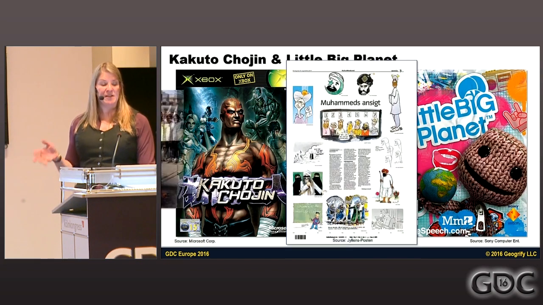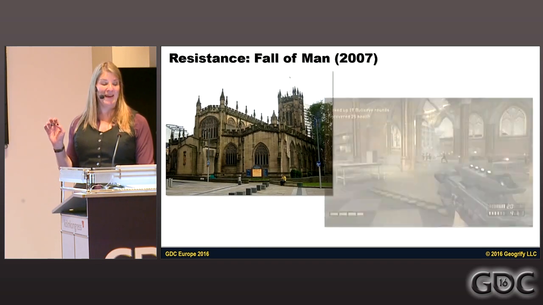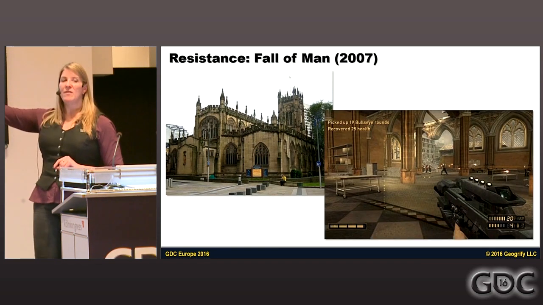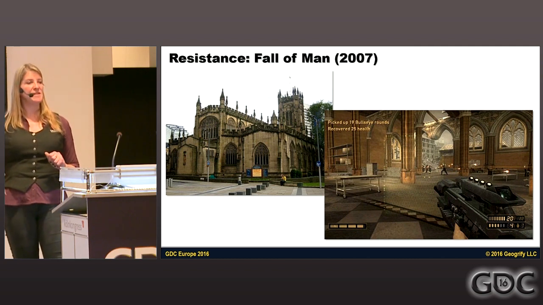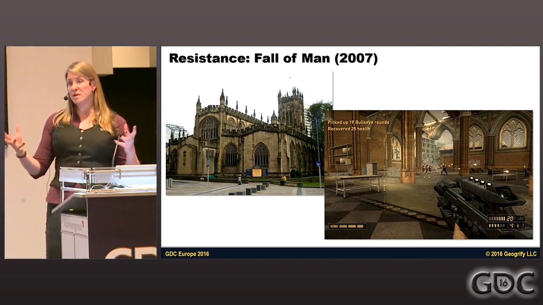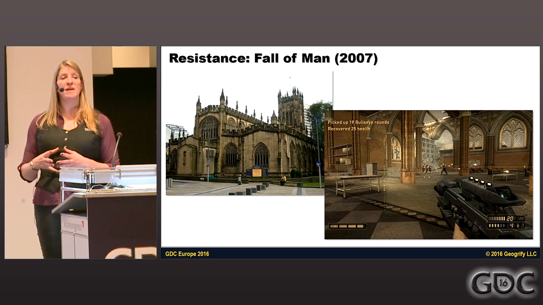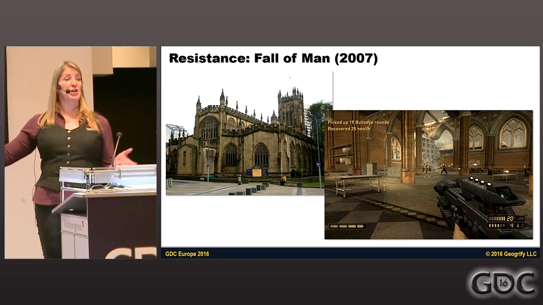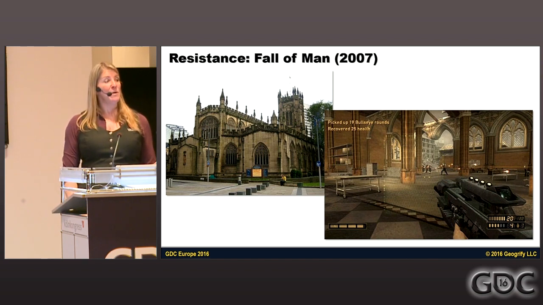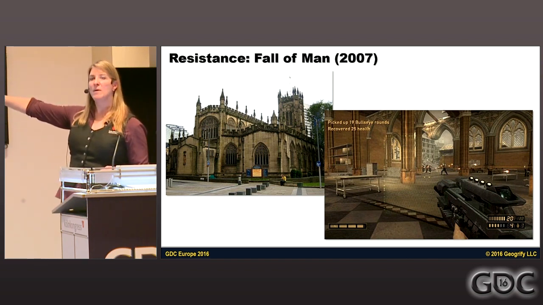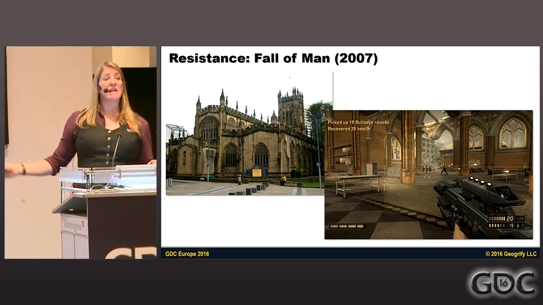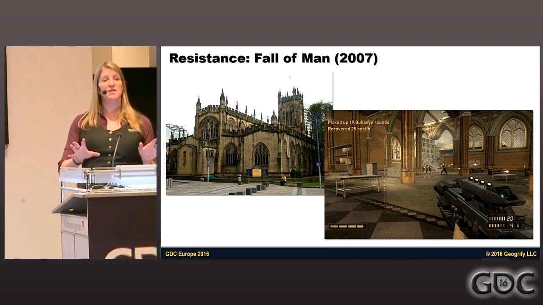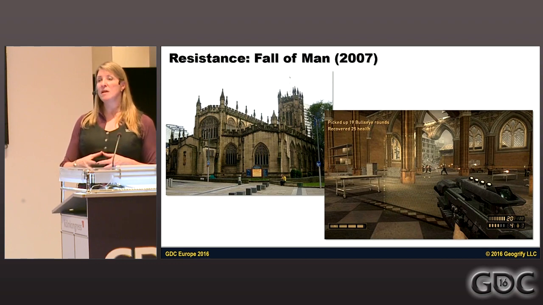I'm going to skip this example. I will use this example. So this is where they recreated the Manchester Cathedral in the UK in Resistance: Fall of Man. Of course, this is a real world example. They wanted this to take place in the real world. But the problem is that this being the Church of England's church, the church was not very happy with their church being destroyed in the game. And so now the Church of England actually has something that they call sacred digital guidelines, that if you're going to use any facility of the Church of England, you have to get their approval,